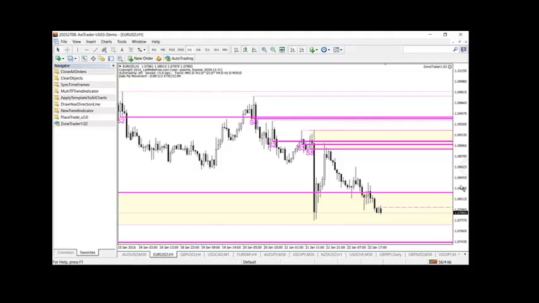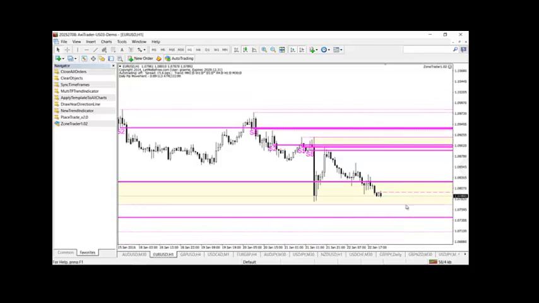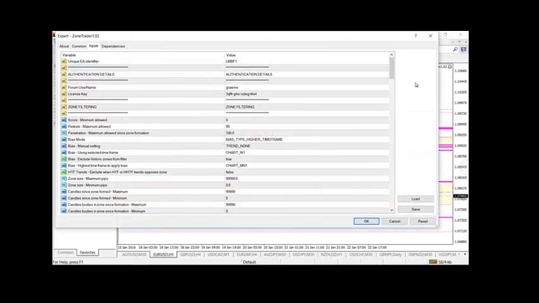quite weak. Generally, I find the ones that are more than about 30 pips tend to be a little bit weak. There's been a lot of back and forwards around here, and it really doesn't look like this zone is going to give too much resistance. So I think we're looking down towards this next zone here, which is what I'm going to do, just quickly show the 4 hour zone